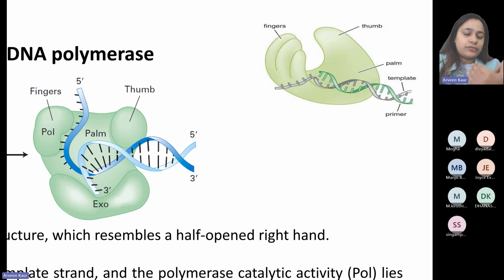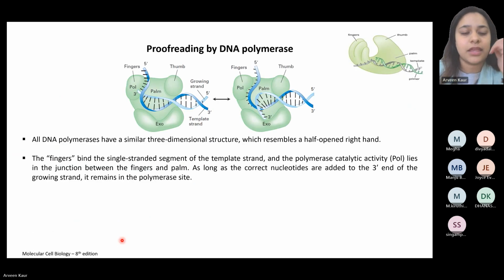And each of these have different jobs to do, but that is how DNA polymerase looks. And what is its job? Its job is to go and grip the template primer between its palm, so that after that it can start the synthesis of the new DNA segment in front of this primer that was already present, taking the signal from the template.